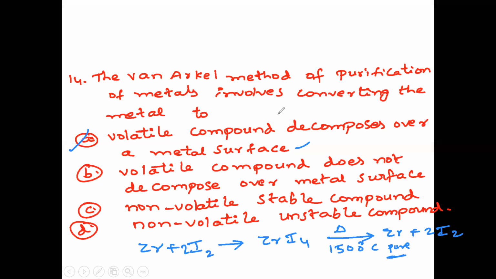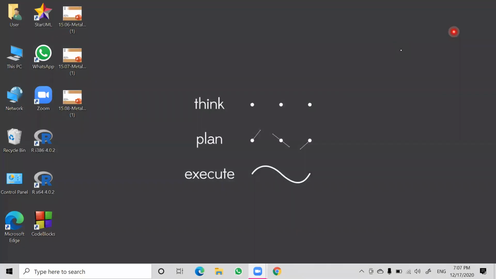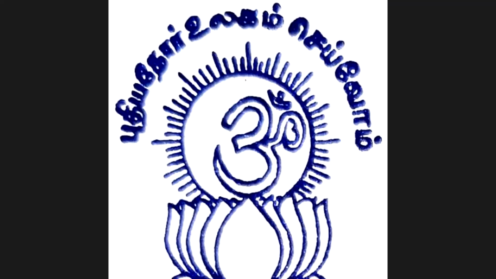So with this, we are ending this session. In this session, we have discussed so many questions. Please concentrate, all the flow charts of the metals are very important. That's why this session is very important. Do as many questions as you can using these flow charts and content, and everything is easy. Follow what we have discussed and do the maximum number of questions from metallurgy, because definitely you are going to get 2-3 questions from metallurgy. Thank you all.